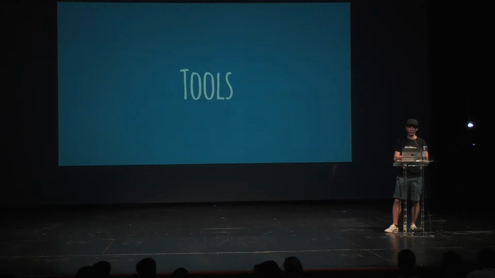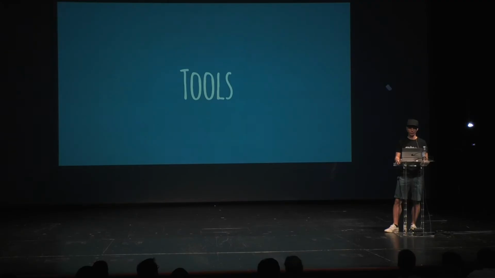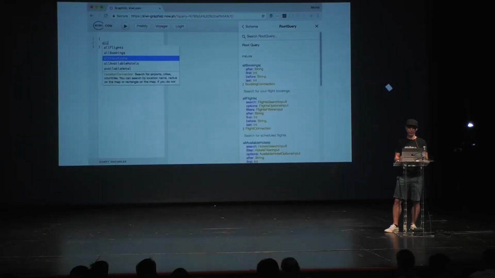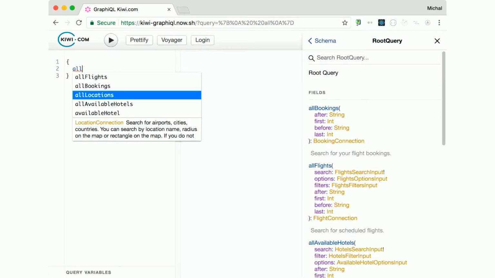As I said, there are a lot of tools around GraphQL. These tools make our life much easier. So let me quickly run through some of these tools, which I highly recommend for you to use. First thing, GraphiQL. It's like an API console. You have already seen it. The cool thing is that GraphQL provides an introspection query. It simply gives you all the information it handles, so you can build tools around it. The introspection query contains all the types, all the entities that are there, and even the documentation.